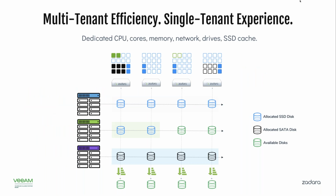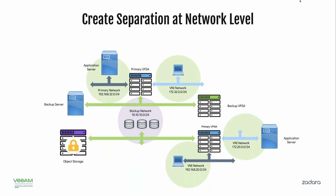And in terms of looking at that multi-tenant isolation capability that Zadara brings into the market space, it's about providing dedicated CPU cores, dedicated memory, dedicated network resources, drives and SSD cache. So even though we have a common platform, we're able to completely segregate and isolate storage resources, scale them up, scale them down, scale them out. So provide all of the things that you need in terms of maintaining integrity and availability, but at the same time, maintaining confidentiality. So in terms of that separation from a networking perspective, I talked about that use of VNIs,